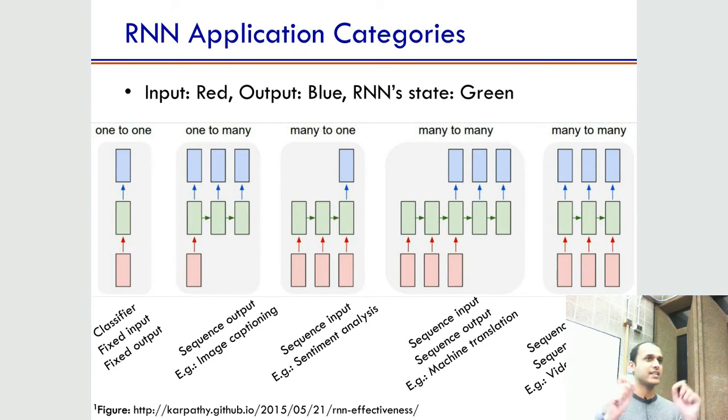Every image will not have the same number of words as a caption. An image can have different length captions. So that's something where the input is fixed size, but the output could change. Could be 2 words, could be 10 words, could be 20 words. The third one